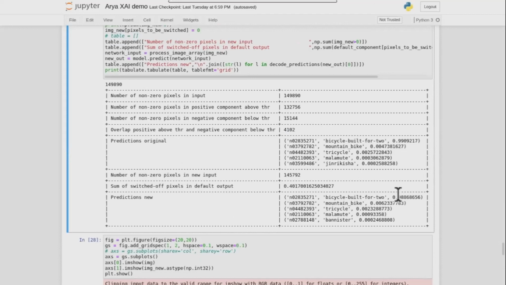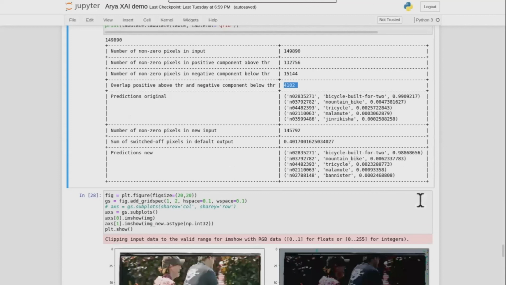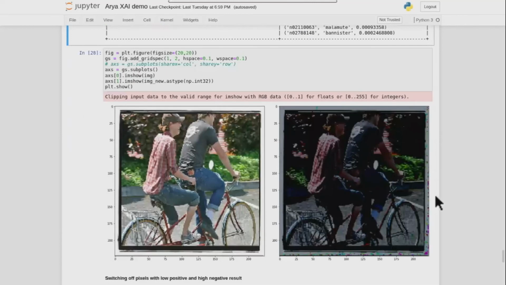So the model score decreased a bit because we removed a few of the pixels, right? These are not many pixels, but these pixels were from the high positive area. So the model score decreased a bit. The prediction is still the same because we're not removing many pixels, but since these were affecting the score in a positive way, your score decreased. Okay, and then we can do a reverse